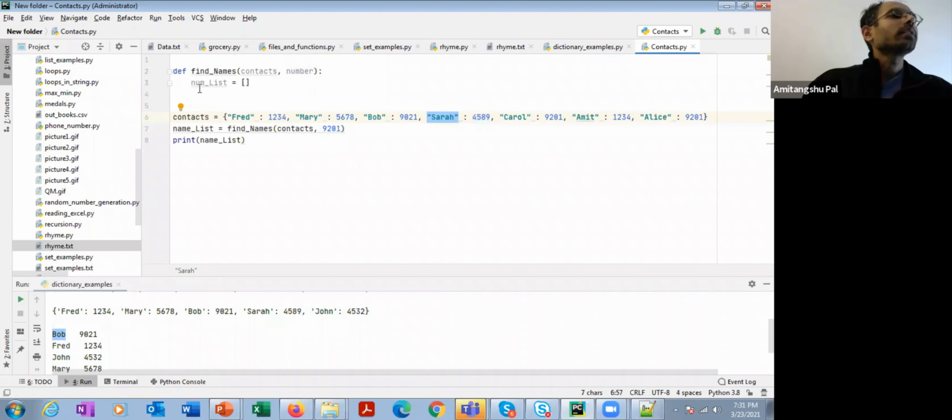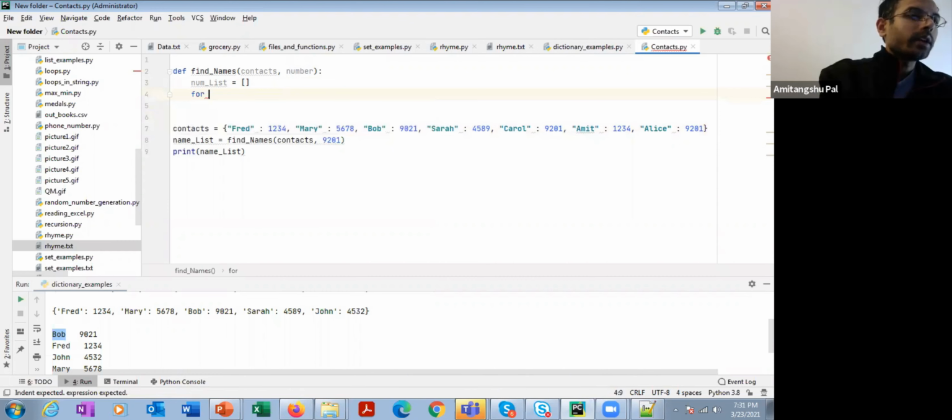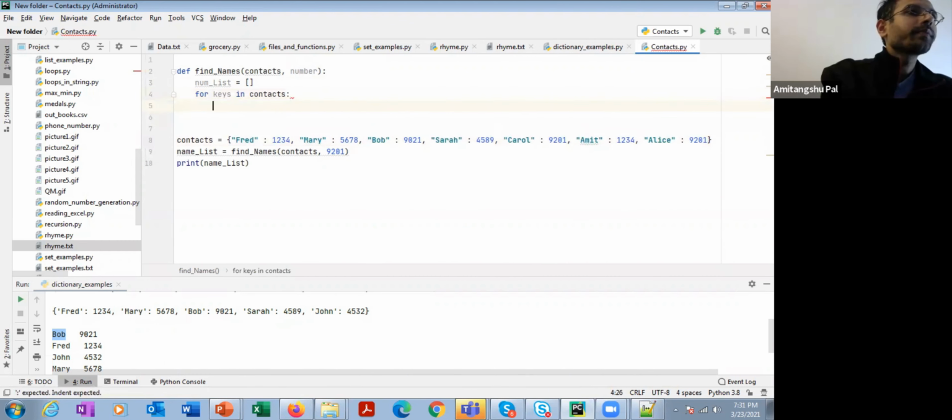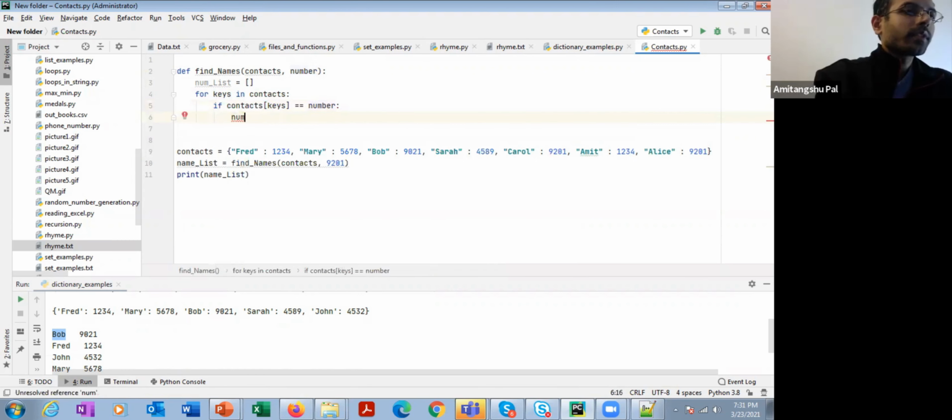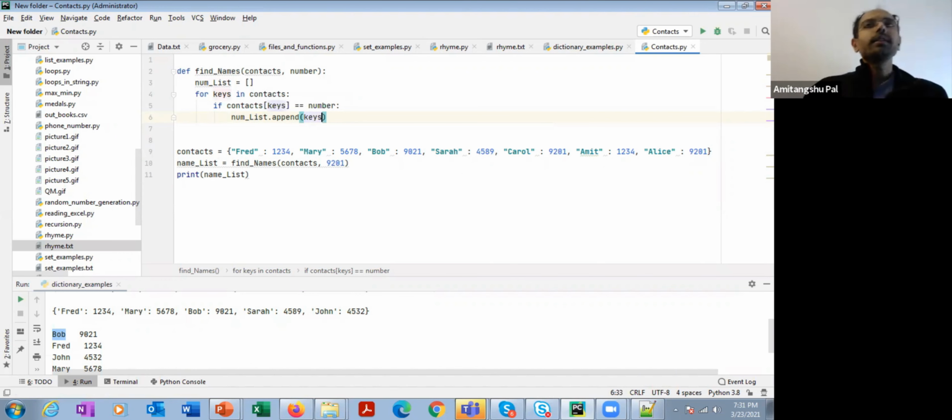So I can write for keys in contacts, if contacts of keys is equal to number, I'm going to append the corresponding keys to the list.